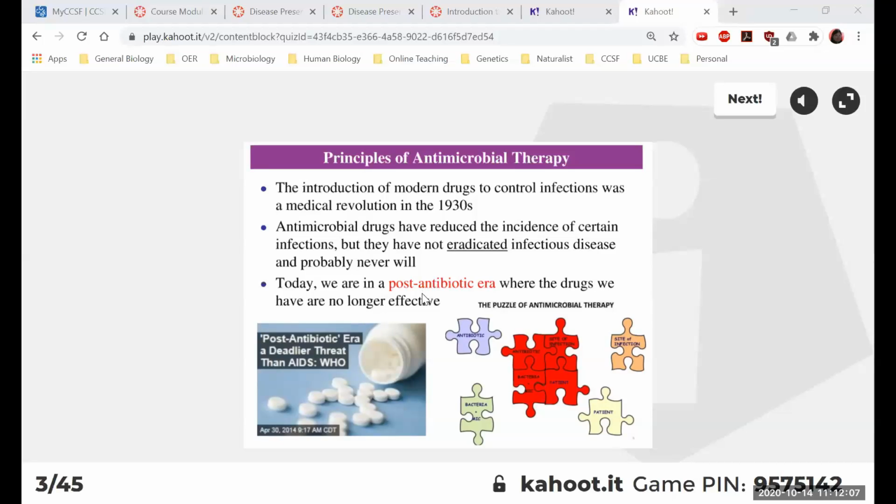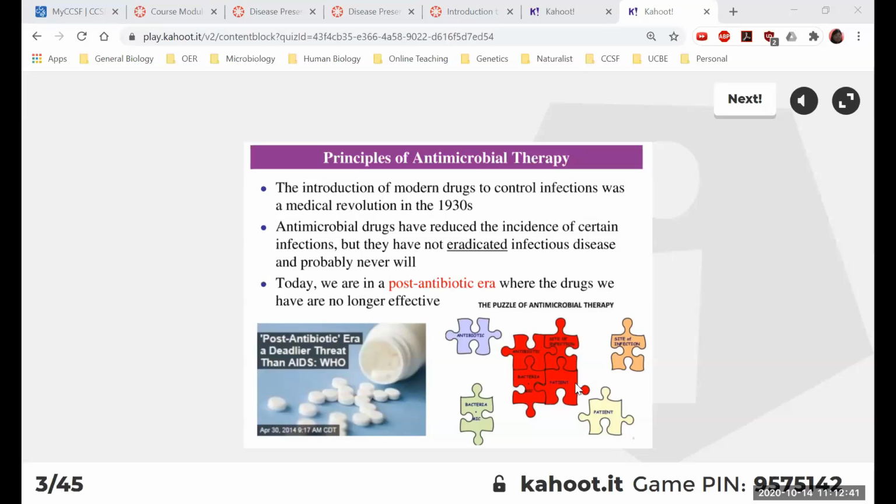As a matter of fact, in recent years, the WHO has sent out a warning saying that we are probably in what we call the post-antibiotic era, meaning that a lot of the antibiotics we have been using over the years are no longer effective in treating bacterial infection. So we are in a crisis for the lack of drugs, because if bacteria become more and more resistant, eventually a simple bacterial infection could potentially kill you.